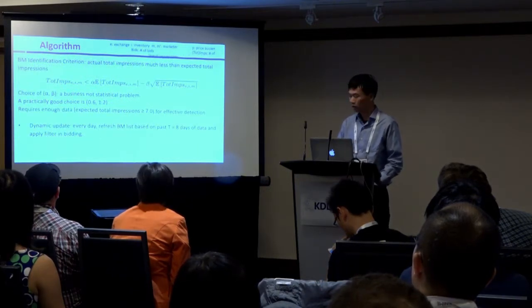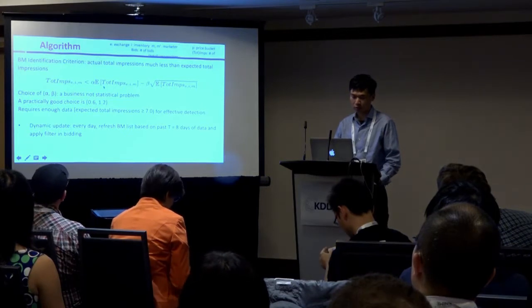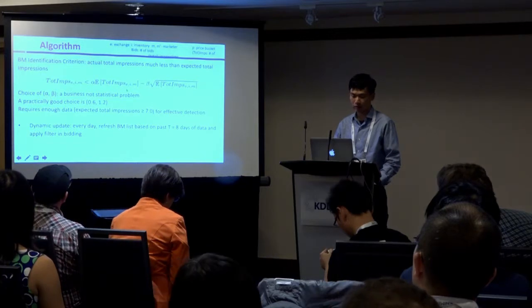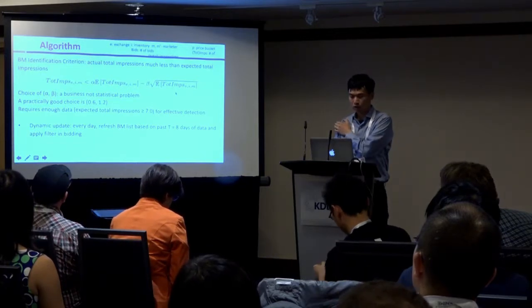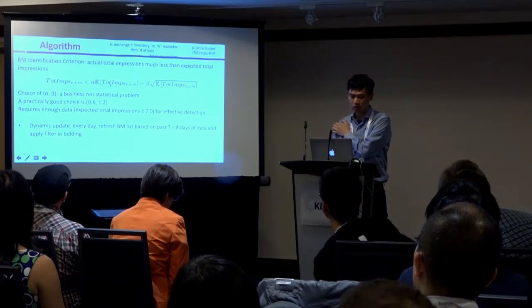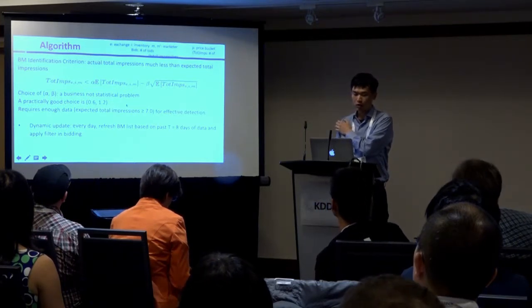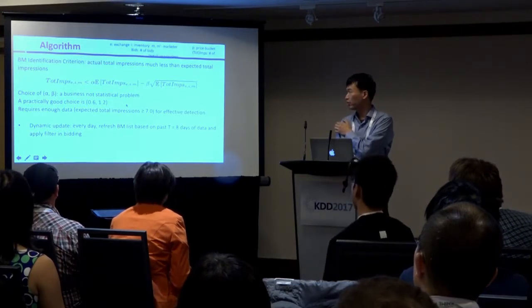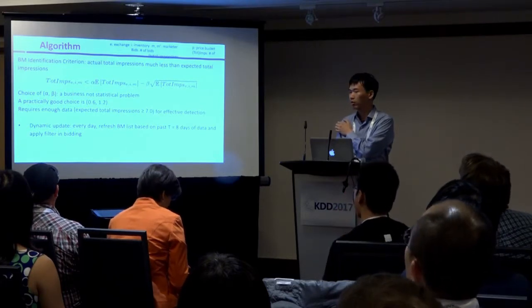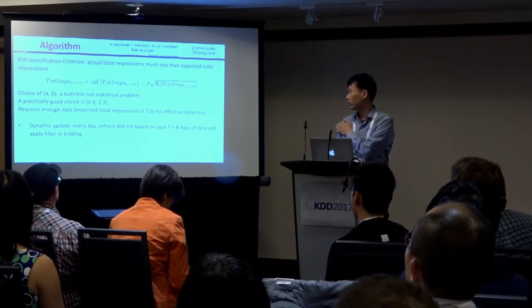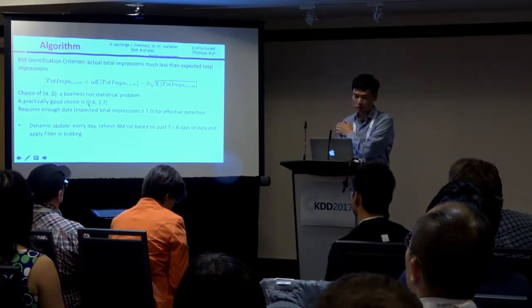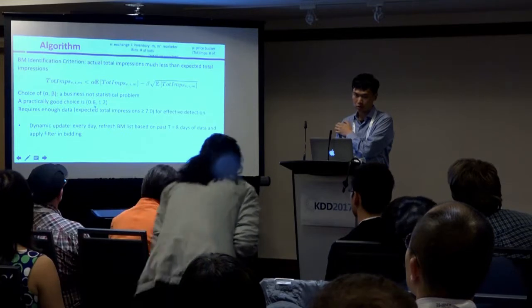So now in this equation there are some parameters alpha and beta. As you can see, this is kind of like an elementary statistical equation. This is like the variance. This is the standard deviation. This is the mean. And moreover, more than a statistical problem, this is more like a business problem. We want to identify marketers whose win rate is much less than other marketers on the same exchange, on the same inventory. So that's why we have this choice of alpha and beta here. In this case, the business problem tells us that alpha should be less than 1. So in fact, we chose this set of parameters.